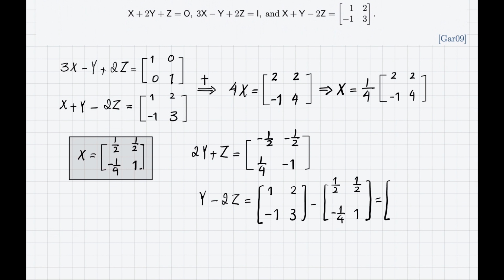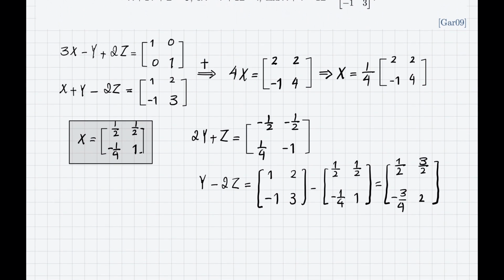So here I have 1 minus a half, which becomes 1 over 2. 2 minus a half is 3 over 2. Minus 1 minus 1 over 4 becomes minus 3 over 4. And then I will have 3 minus 1, which is 2. Yes? So let me double check that one. Yes, that's correct. Okay, now you see that I have a new system of two equations and two unknowns,